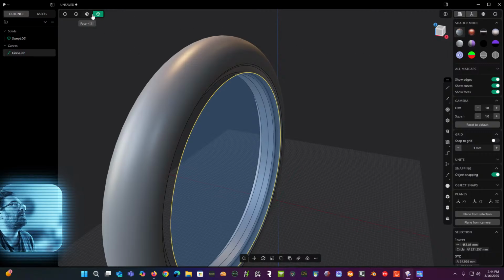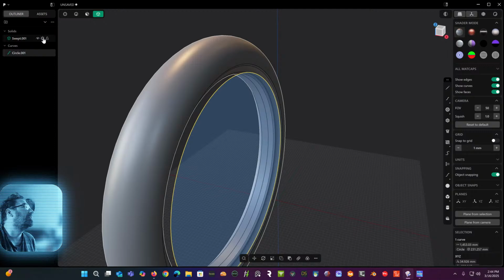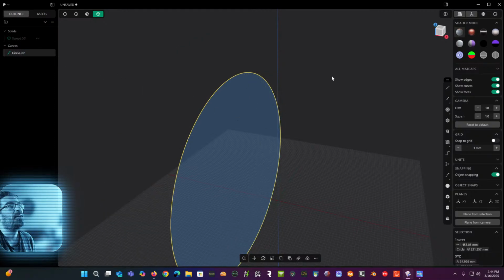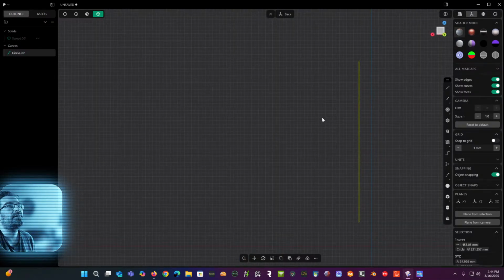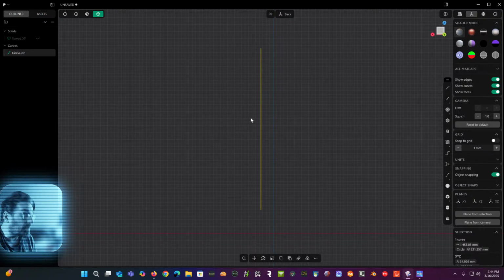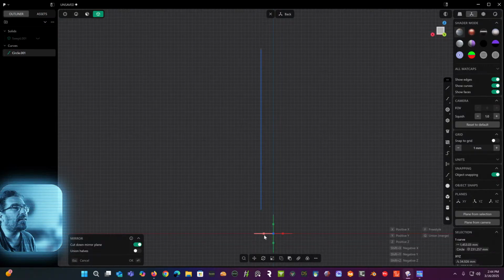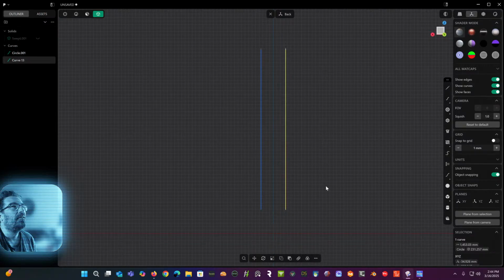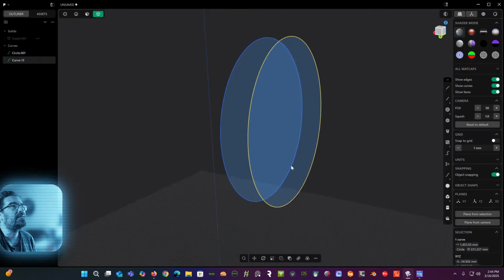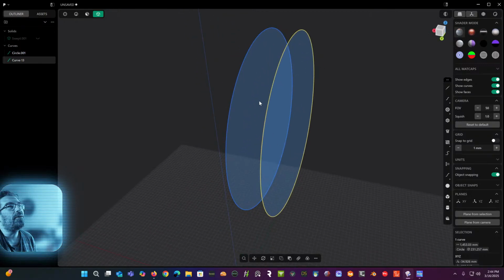So what I'm going to do is I'm going to hide the tire. We're going to look from the front. I am going to go ahead and duplicate it to the other side like so. So now we have this. Now, if I wanted to, I could just make a revolving cut around this. That is a possibility. Or, once again,